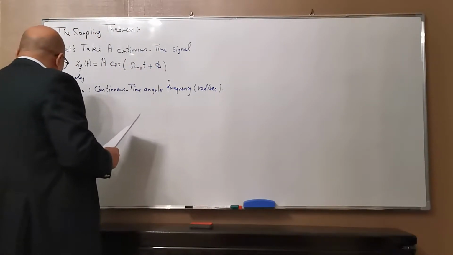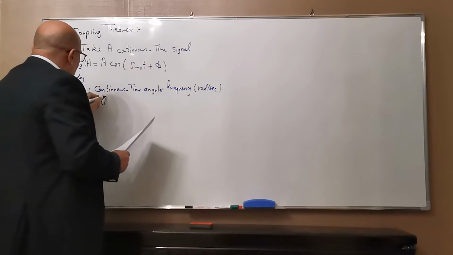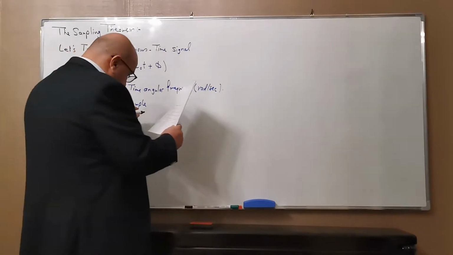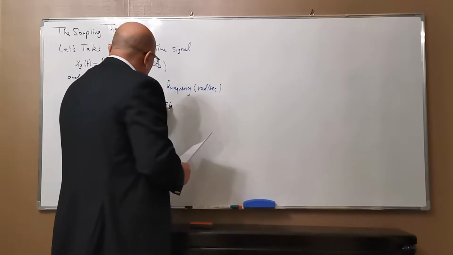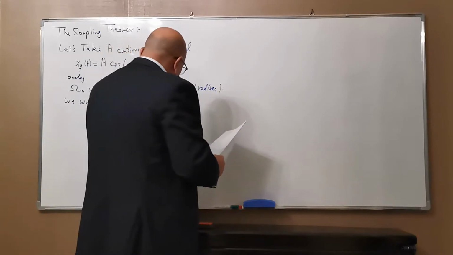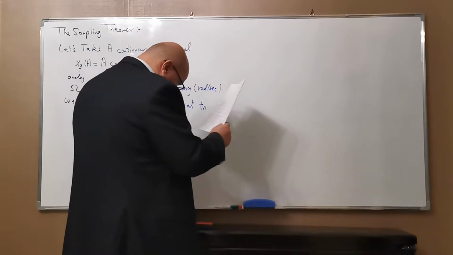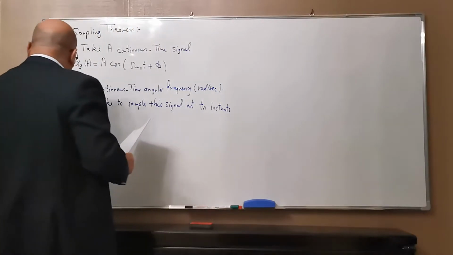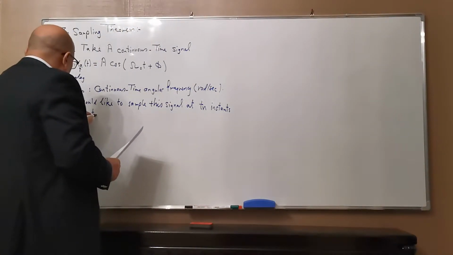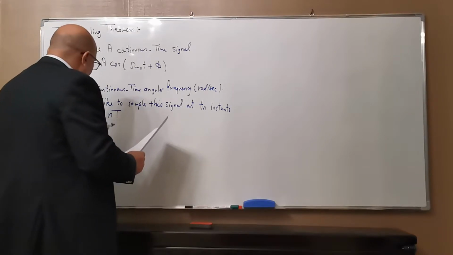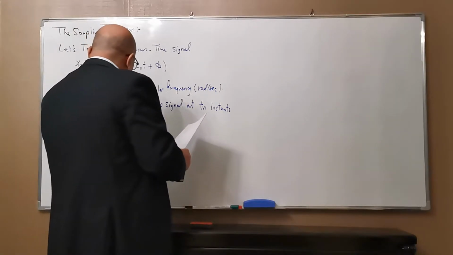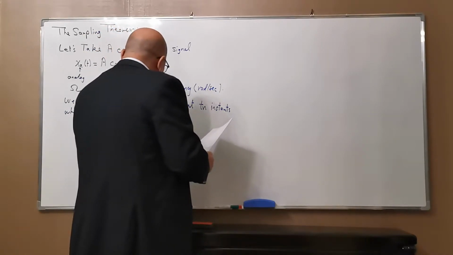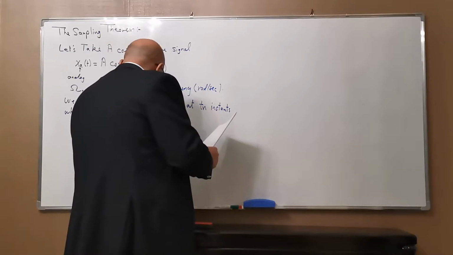Okay, so we would like to sample this signal at T_n instances, where this T_n is equal to n times capital T, which is equal also to n over f_T, which is also equal to 2 pi n over omega_T, where